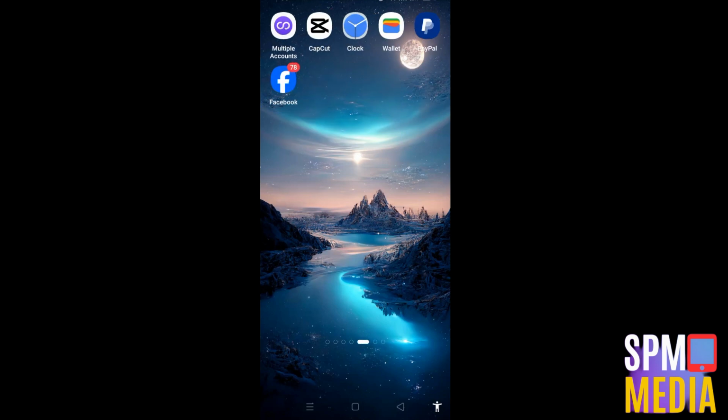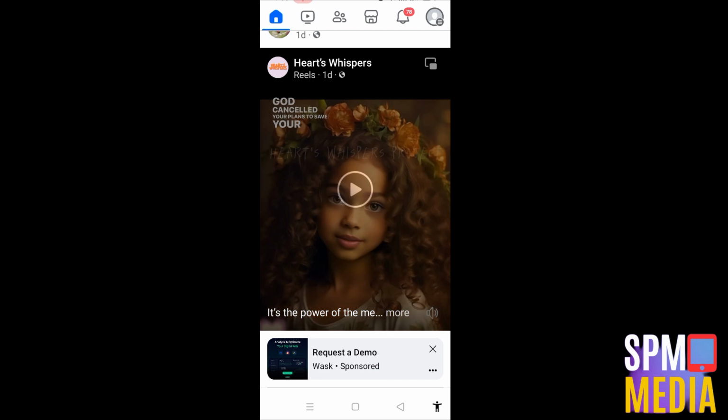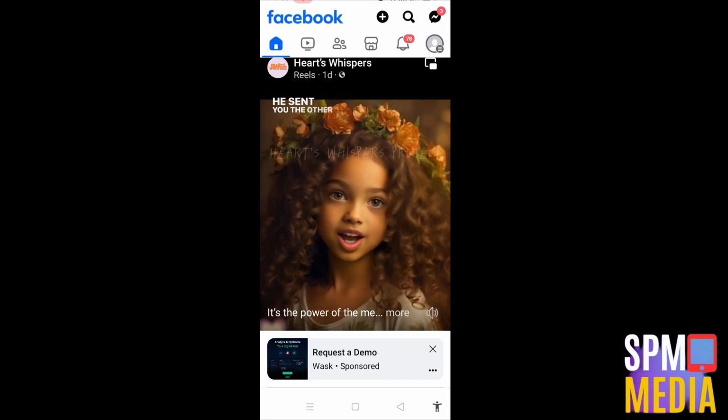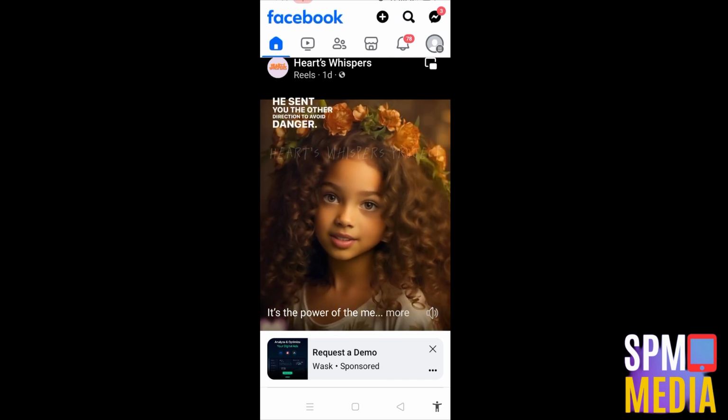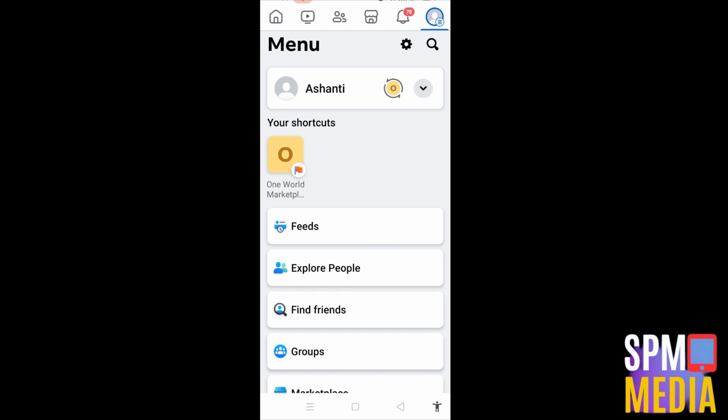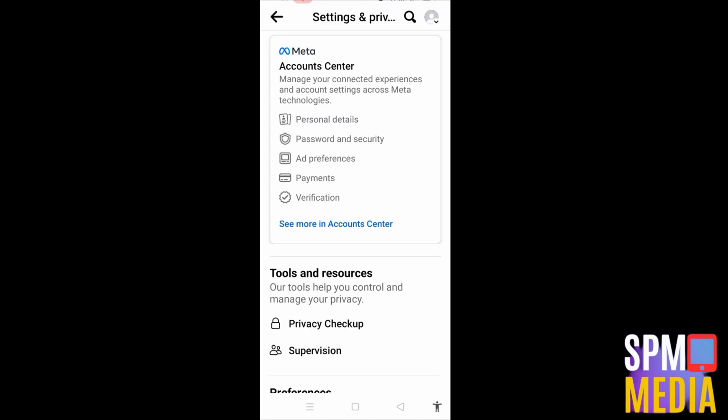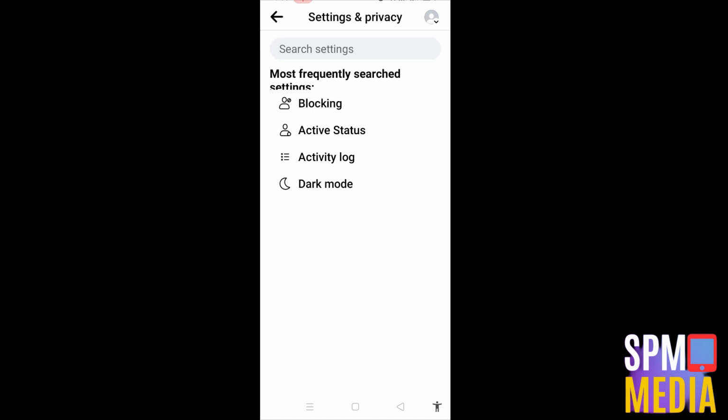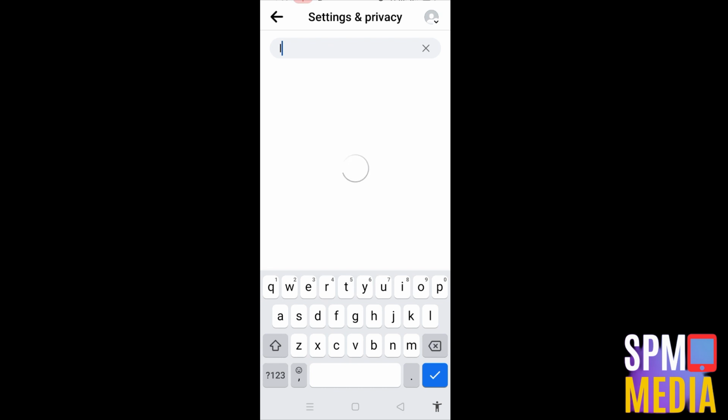Hi everyone, in this video I will be showing you how to fix Facebook lock profile not showing. There is a feature on Facebook that you can lock your profile so that no one can see every status that you post on your Facebook. In case you can't see that, or the Facebook lock profile is not showing,